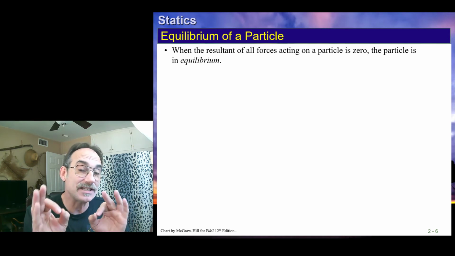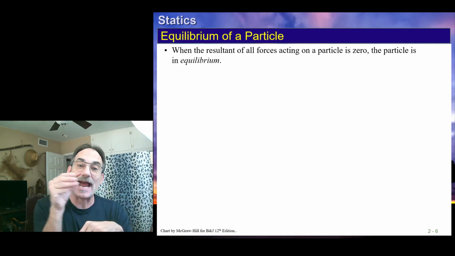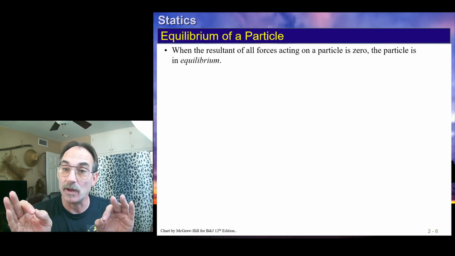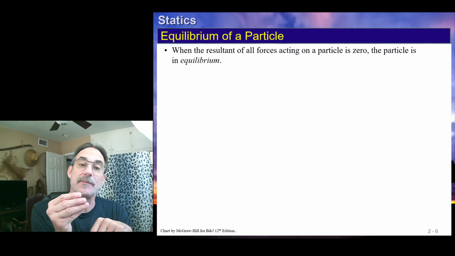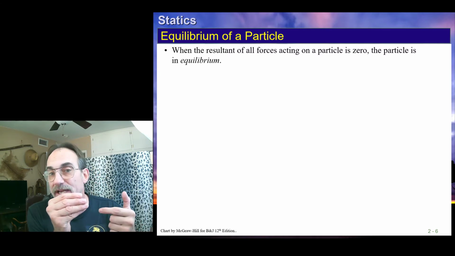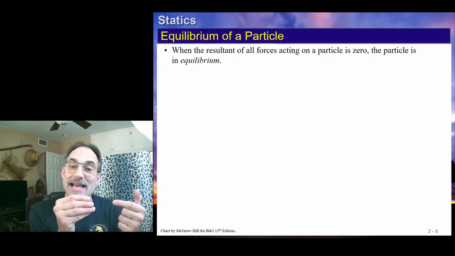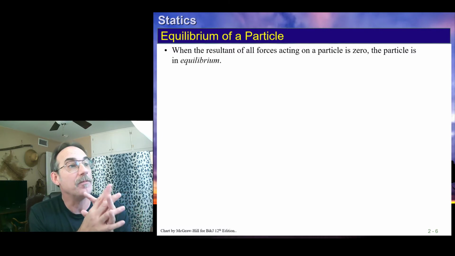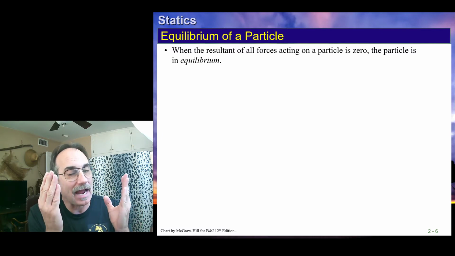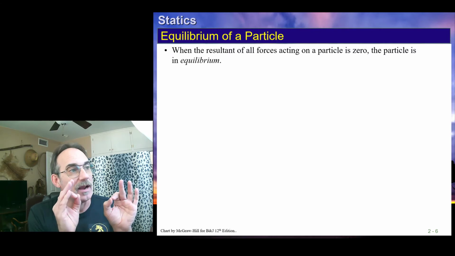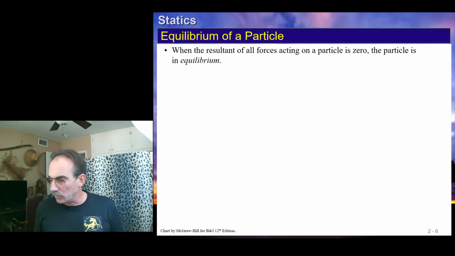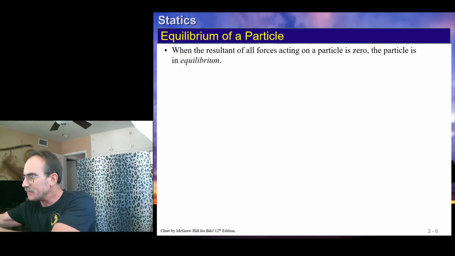We'll have a couple classes of problem. One is when we have a bunch of forces acting on something and we want to know the equivalent force. Another one is when we have all the forces acting on something and we want to know the reaction, or what's pushing back or pulling against. In that case, we're going to come up with the equivalent force and then take the negative of that by summing our forces to zero. So going back to Newton's principle, we can say when the resultant of all forces acting on a particle is zero, the particle is in equilibrium. Another way to say this